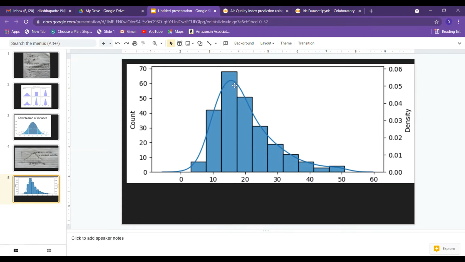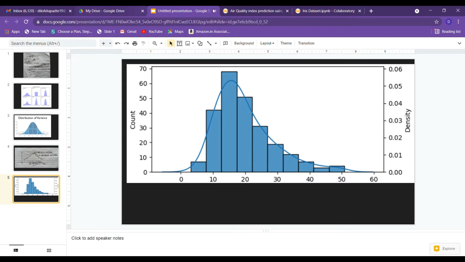So here it implies that 50% of the entire data is in this first region, somewhere from 0 to 15 maybe. Okay, so this is what probability density is. It tells you the percentage distribution of your data.